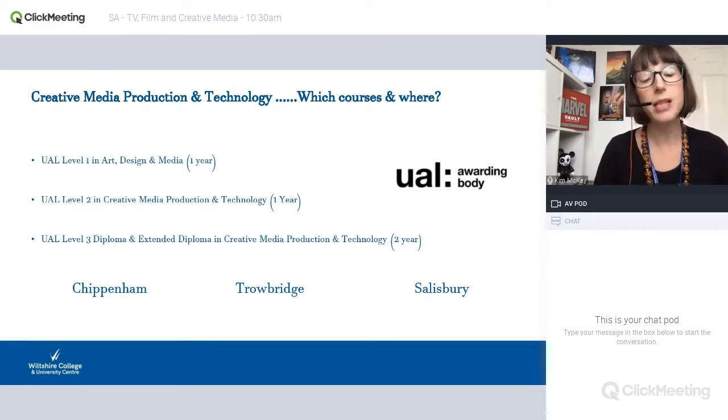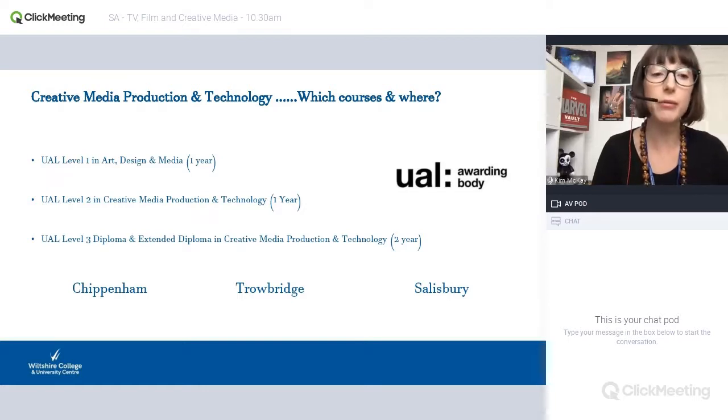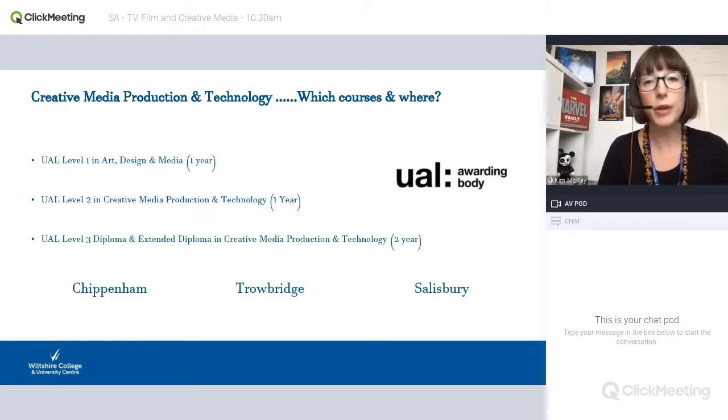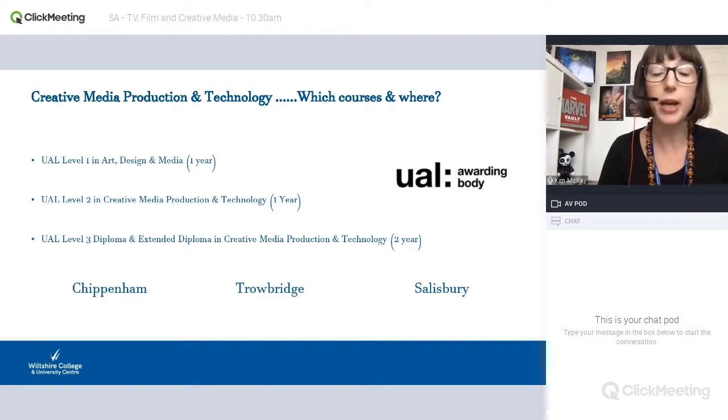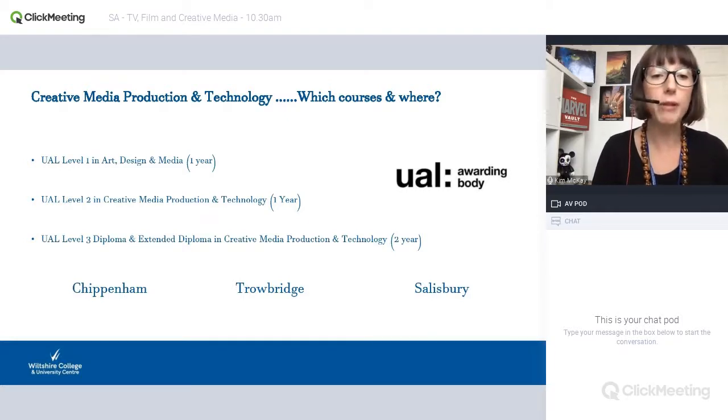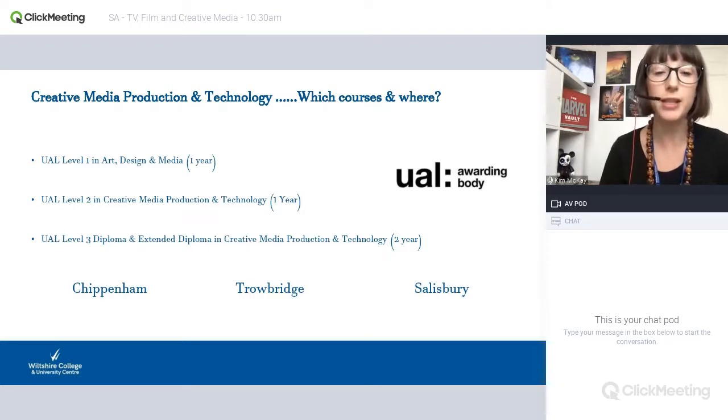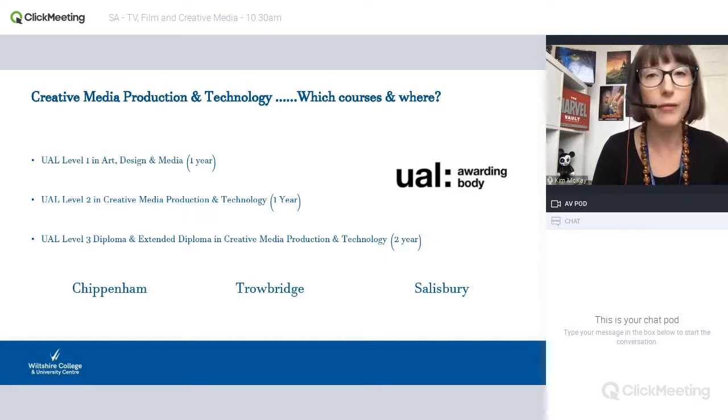To give you an idea of the qualifications that you need to be able to get onto this level of courses, for the Level 3 course, we ask for a minimum of 4 GCSEs, grade 4 and above, with 2 of those being in your maths and English. Okay, so you have to have your maths and English at grade 4 to be able to get onto the Level 3, with 2 further qualifications at grade 4. For Level 2, we're probably asking for 4 GCSEs at grade 3, and then Level 1,